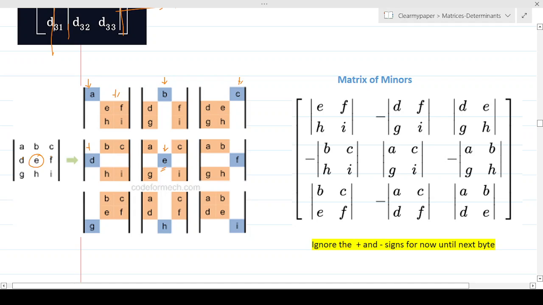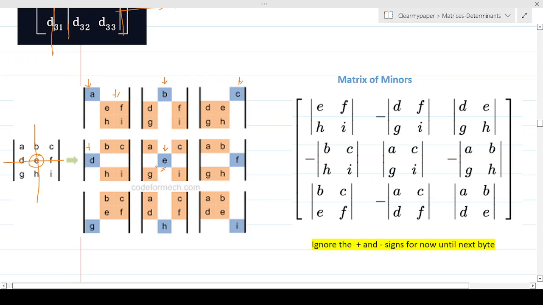The first thing I'm going to do is delete the row and the column in my head of where it is coming. In an exam, you can draw it and delete it physically also, that's okay. And whatever are the remaining elements, I'm going to compute the determinant of that without changing the position of that. So if you see here, the remaining elements are A, C and G, I.